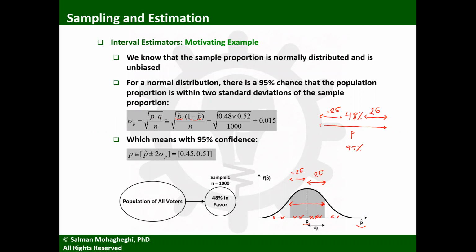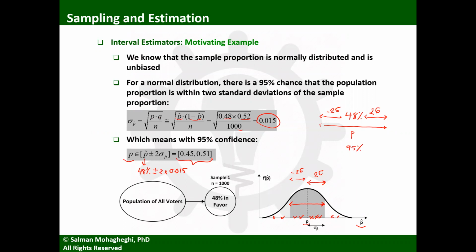So the standard deviation of the sample is the square root of 48% times 52% divided by 1,000, which is 0.015. What that means is I am 95% confident that the proportion of people in the population who vote for that candidate or that issue on the ballot would be the 48% that I got, plus minus 2 times this value that I calculated, 0.015. So with 95% confidence, the entire population will vote between the range of 45% and 51% in support of that